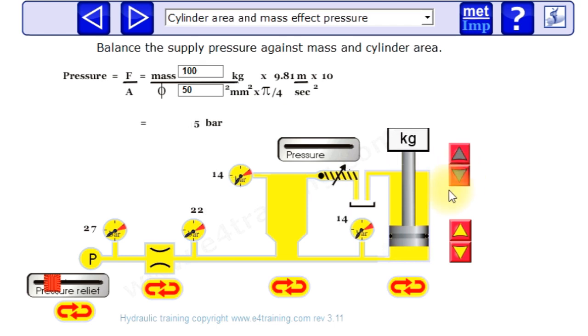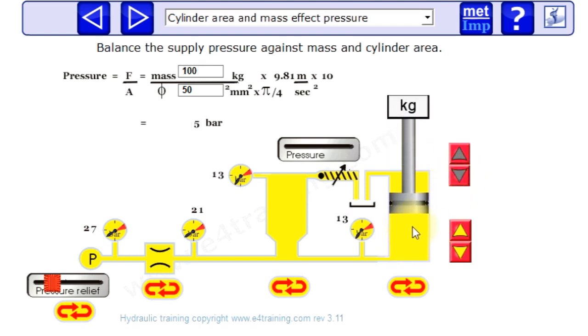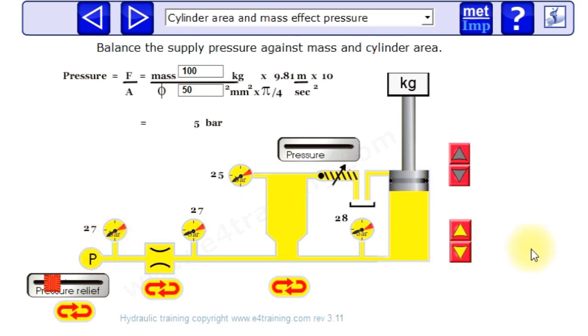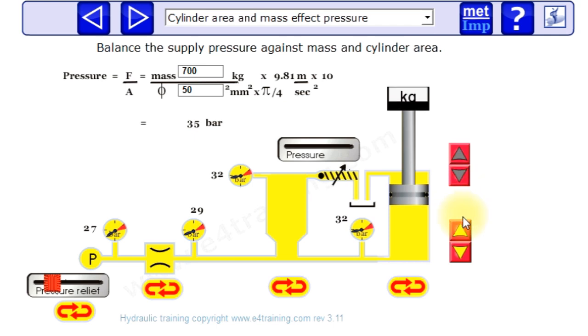If we reduce it, the load pressure goes down, so the supply pressure is higher and it drives the cylinder forward. Another thing we can do is increase the area. We've now got a larger area given here, so that reduces the effective load pressure to below what our supply pressure is. If we reduce the area,